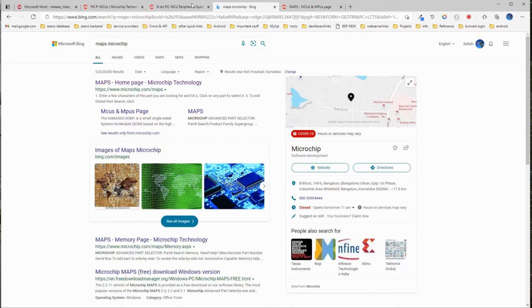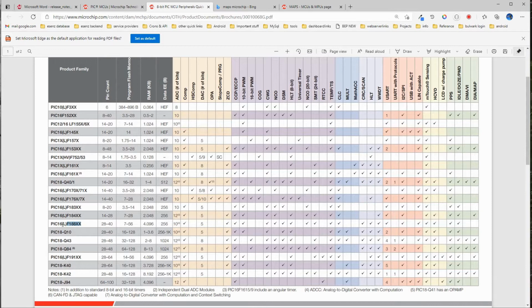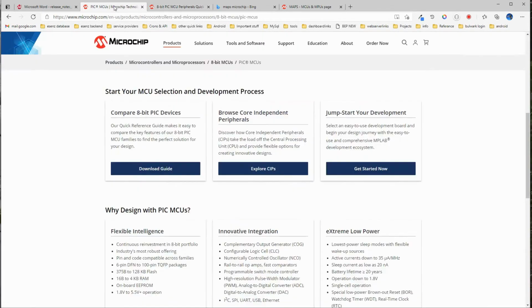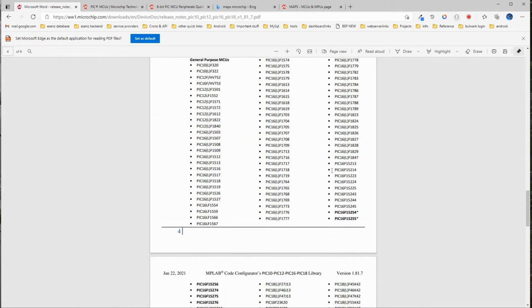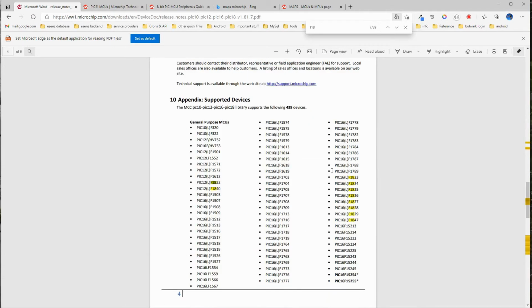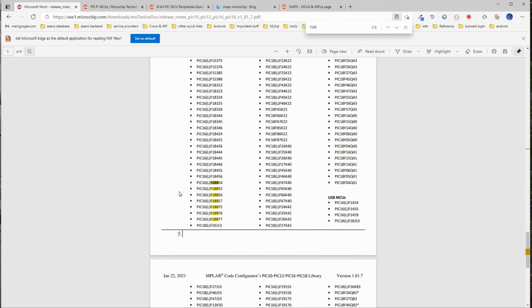So we had decided to use PIC16F188. Before that, we have to also make sure that this is available here. F188, it is there. This L means that they have two models. One is the standard and one is L, that is very low power, the XLP series, extreme low power, where the current can go to nanoamps. So this is available in both models and is also supported here. So we have to select one of these.